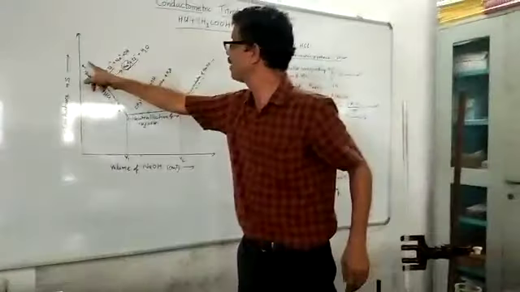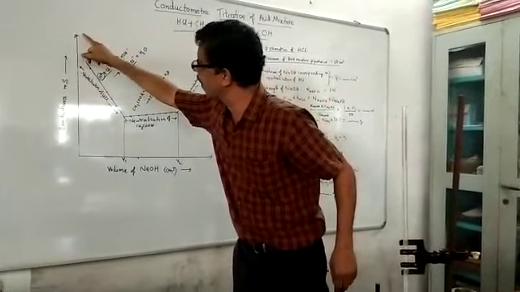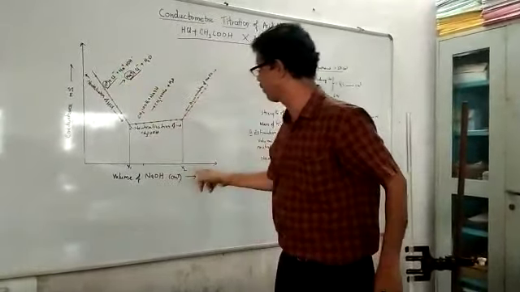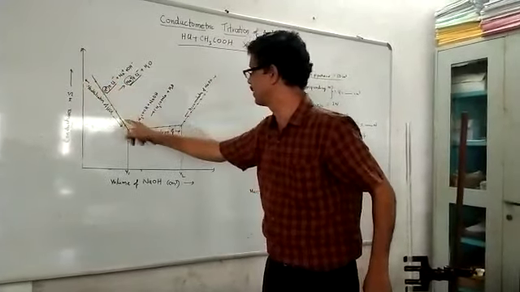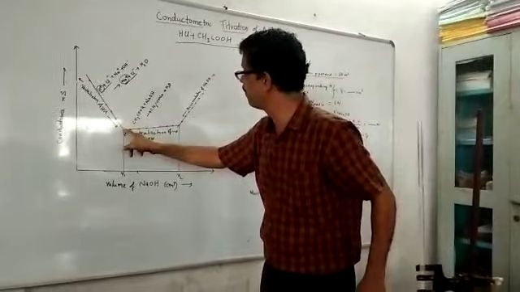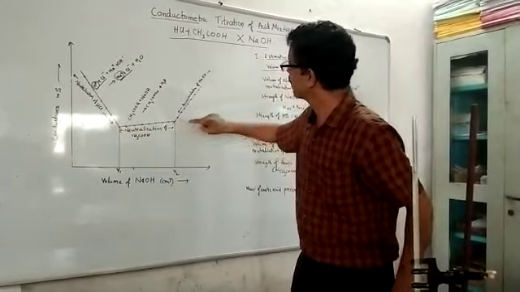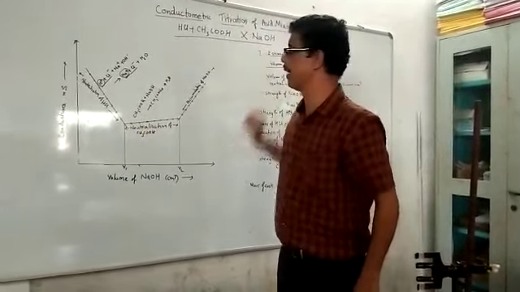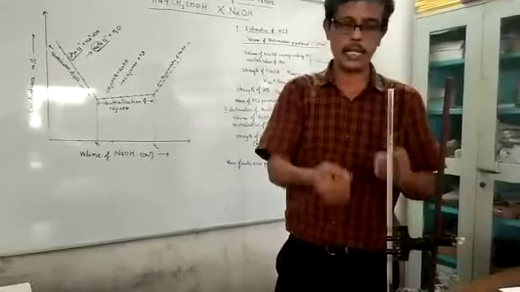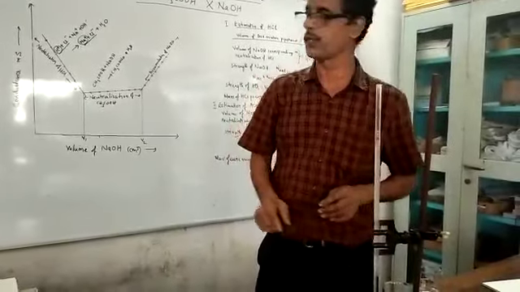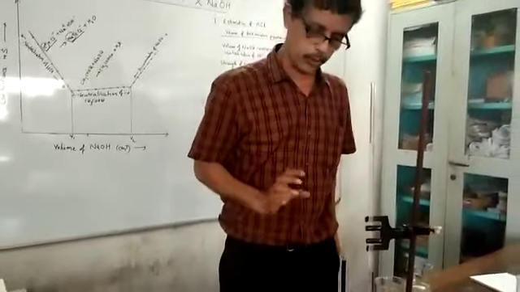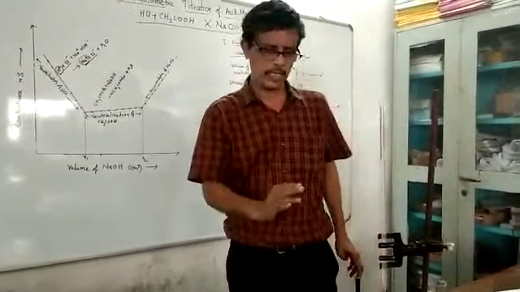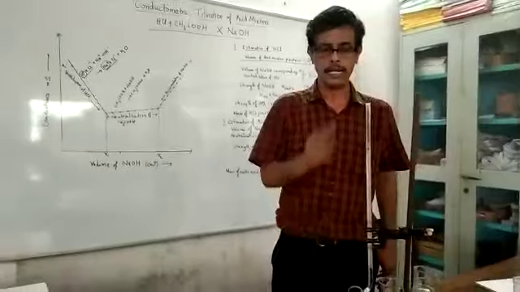The conductivity reading will keep changing. If you plot a graph of conductance versus volume of NaOH, the conductivity will be initially high, then it decreases, reaches a minimum, then it increases slowly, and then it again increases in a steep manner. So I will go on adding 0.5 ml each of this NaOH solution. After each addition, I will note down the conductivity reading. Okay, that's how you do the experiment. We continued it up to about 15 ml of NaOH.